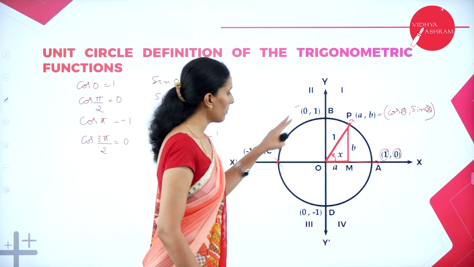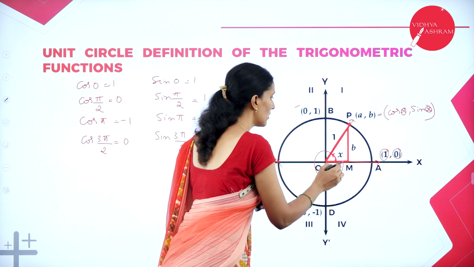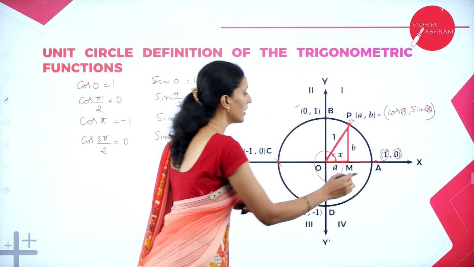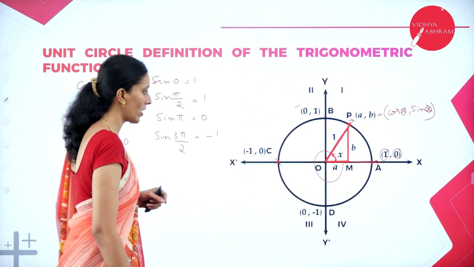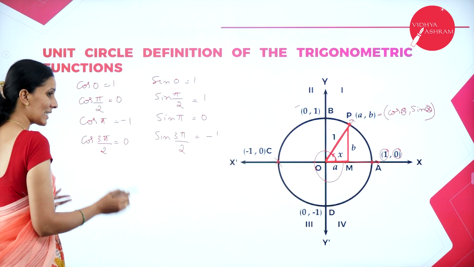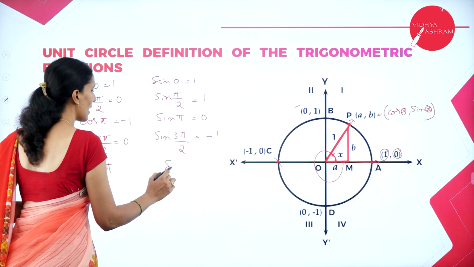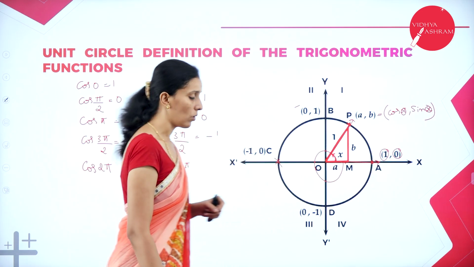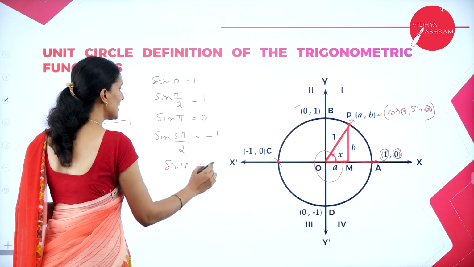Again, coming back to the same point. So after one complete rotation, I'll get the line same. That is, after complete rotation, I'll come back to the same point with respect to the origin. So again, 360 degrees, that is nothing but your cos 2 pi and sin 2 pi. What is the value there? It is again 1, 0. So therefore, the value of cos 2 pi is 1, sin 2 pi is 0.